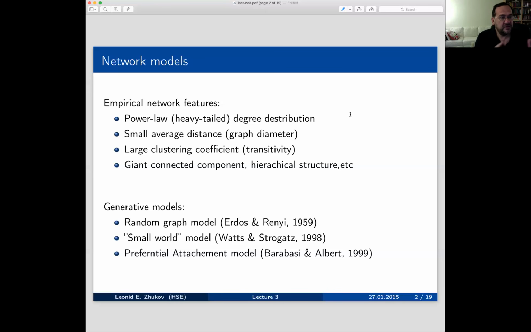And so you see that the first reference is a random graph model, 1959, and the next one is small world, which is 1998, and preferential attachment, 1999. And if I started following the references, there would probably be 20, 30, 50 more references since then on various models. Right. So today we're going to talk more about the models, and we start with the random graph model by Erdos-Renyi.